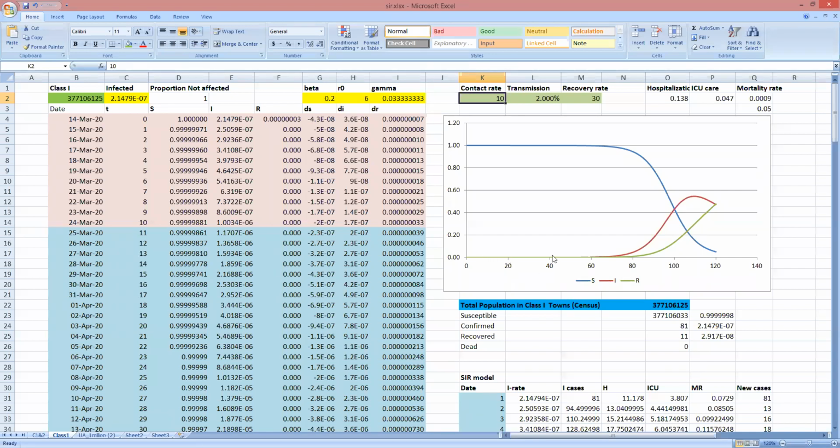Okay, so if you look into this curve, when does the peak occur? This is 0. So this is time. X-axis is time. This is number of days. When does the peak occur? 110. Yes. Okay, so we are starting from 14th March, and the peak occurs after 110 days, so 3.5 months.